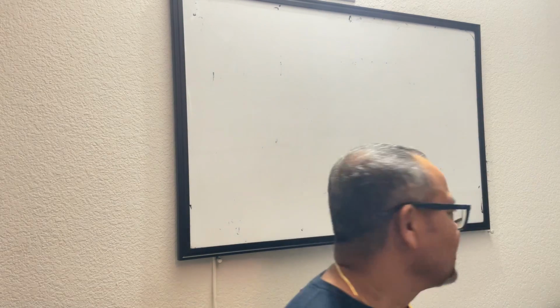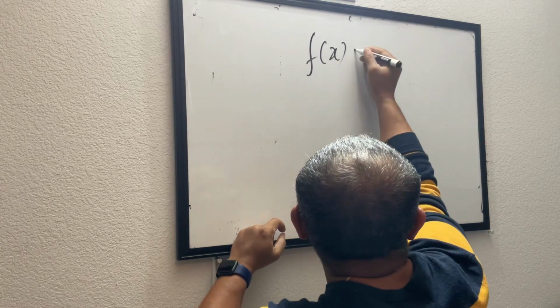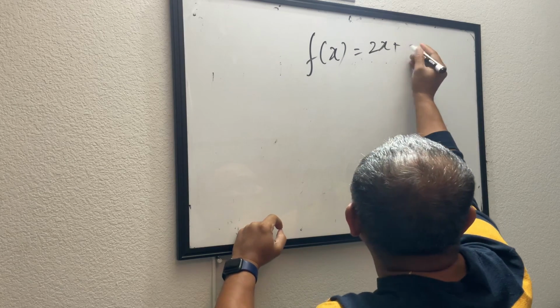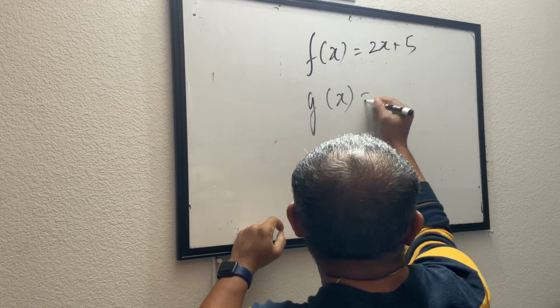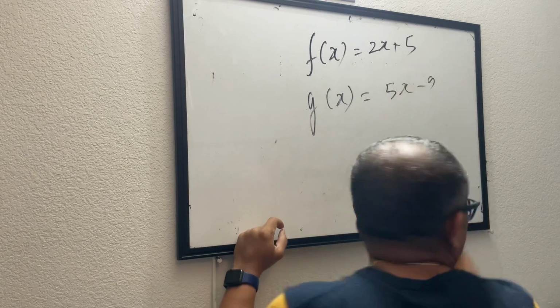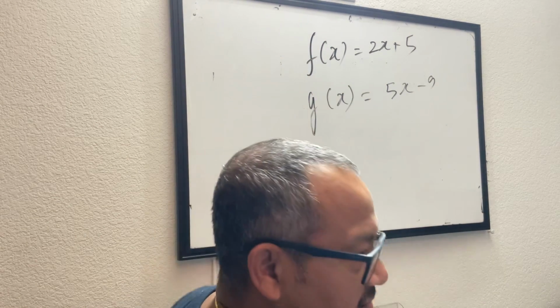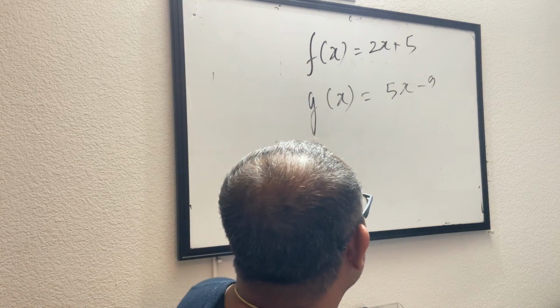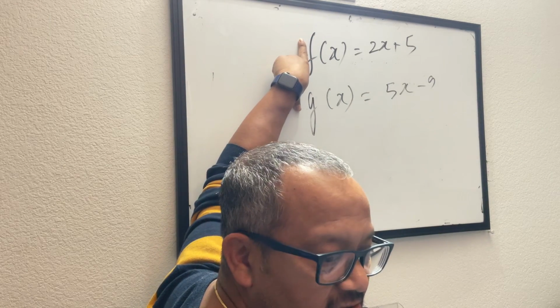What do you guys recall? It's okay, making a mistake is fine. Let me give you some examples. I have a function f of x equals 2x plus 5, and another function g of x equals 5x minus 9. Now you have two functions, f of x and g of x. If I am saying this function and this function are inverse functions,